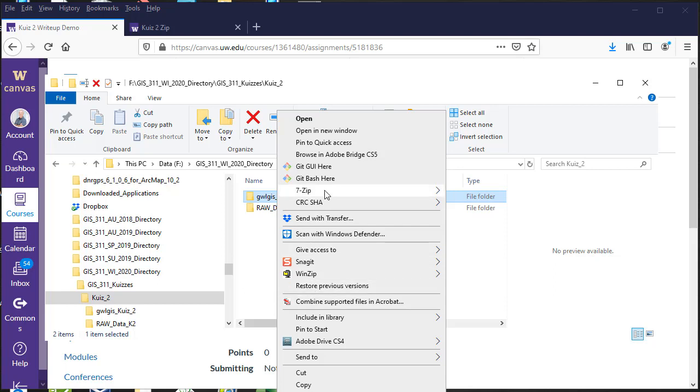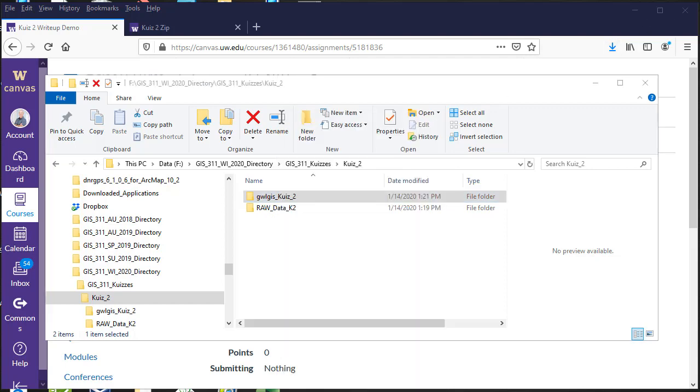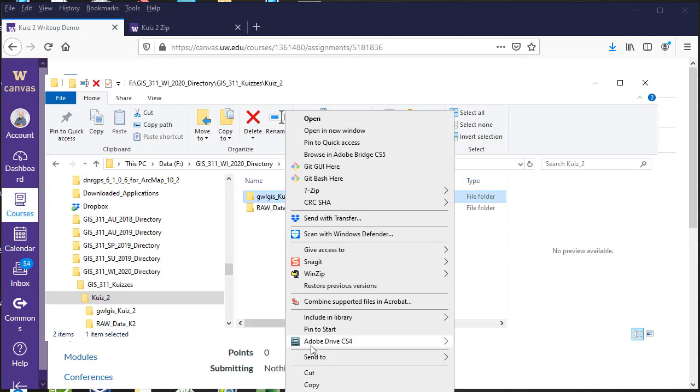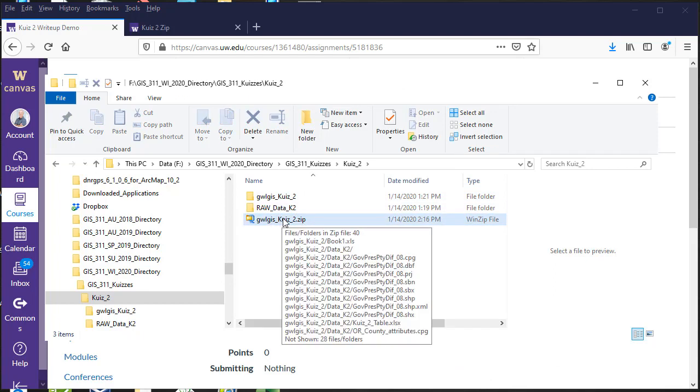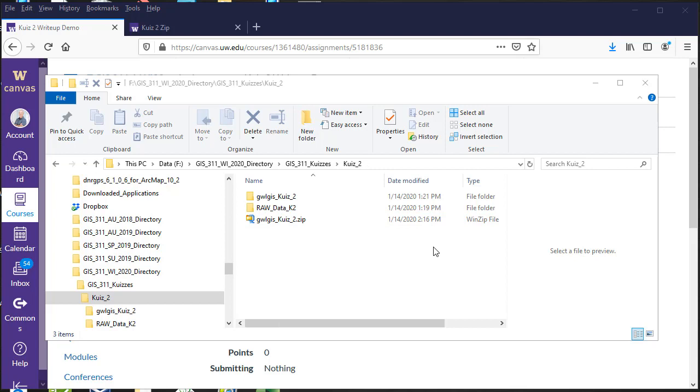I right click, send to. Now I need to find it. It's compressed, and it creates the zip. This is the zip that you'll send. Notice I closed ArcMap first. If I hadn't closed ArcMap, I would have gotten an error while zipping. And that concludes